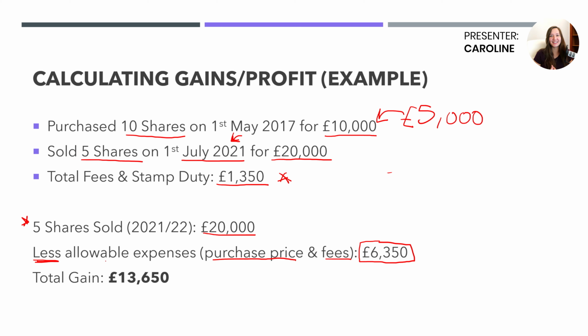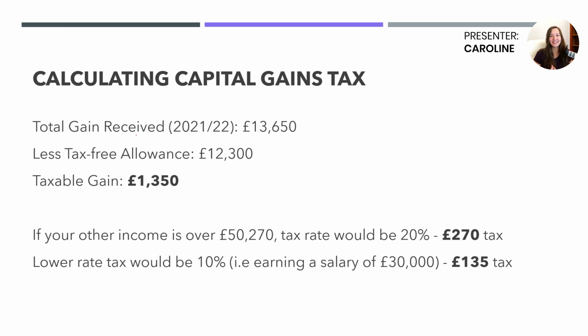And once we deduct that, we get a total gain of £13,650. And now we can actually report that gain on a self-assessment and calculate the appropriate income tax that would be payable as a result. That is what I'm going to give you in the next example. So let's say that total gain you received of £13,650 was added to your return, and of course there is the tax-free allowance that we get to take away from that, which is an allowable deduction again. And the total taxable gain that you're left with is